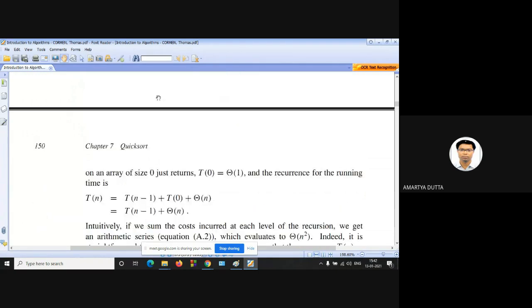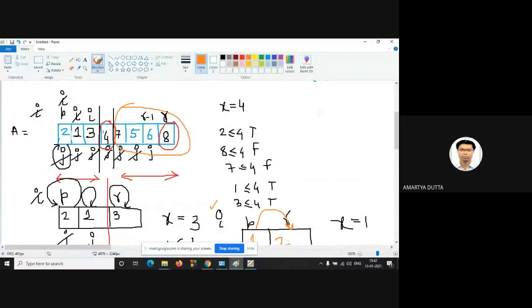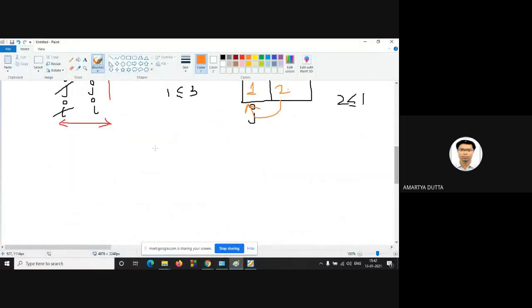For worst case partitioning, that means if your array is already sorted, say 1, 2, 3, 4, 5.